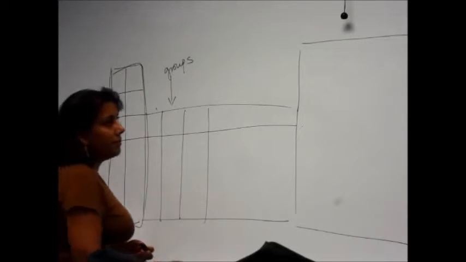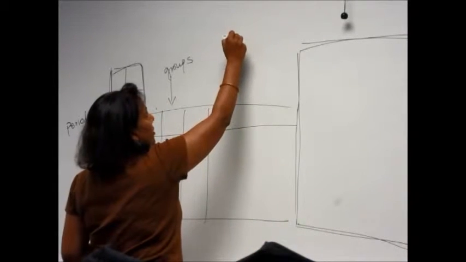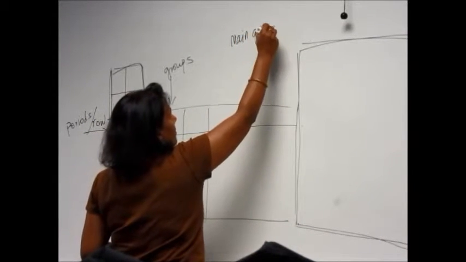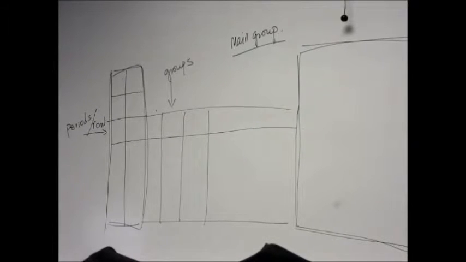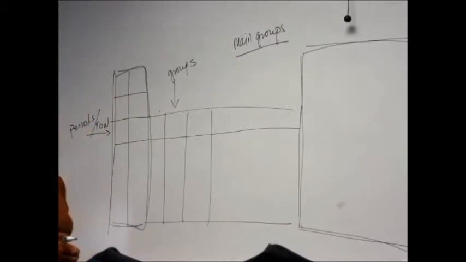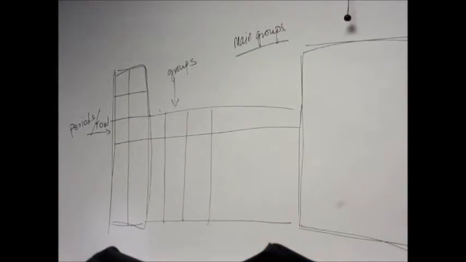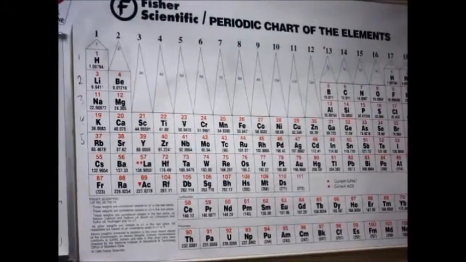these two over here and this block over here, this is called the main groups. And the main groups is essentially how Mendeleev started. If you look at the periodic table, there are 8 groups here: 1, 2, 3, 4, 5, 6, 7, 8. So there are 8 main groups. That's how Mendeleev got started.